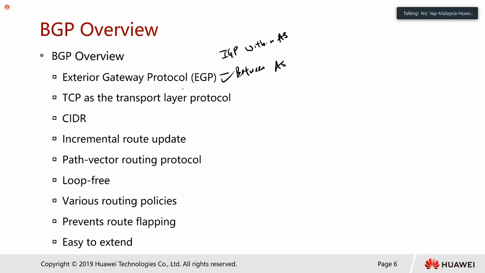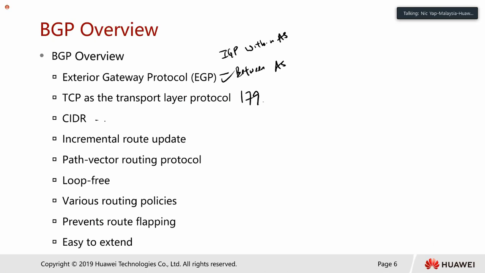And TCP as the transport layer protocol. So do you still remember what port number they're using inside BGP? Why do they need to use TCP? To make it reliable. Okay, because TCP goes for a three-way handshake. So they're using TCP port 179, and using port 179 for them to form the connection. After the connection is formed, then only can they establish the BGP connection. They need to do it step by step, TCP first before you can form the establishment. And next,